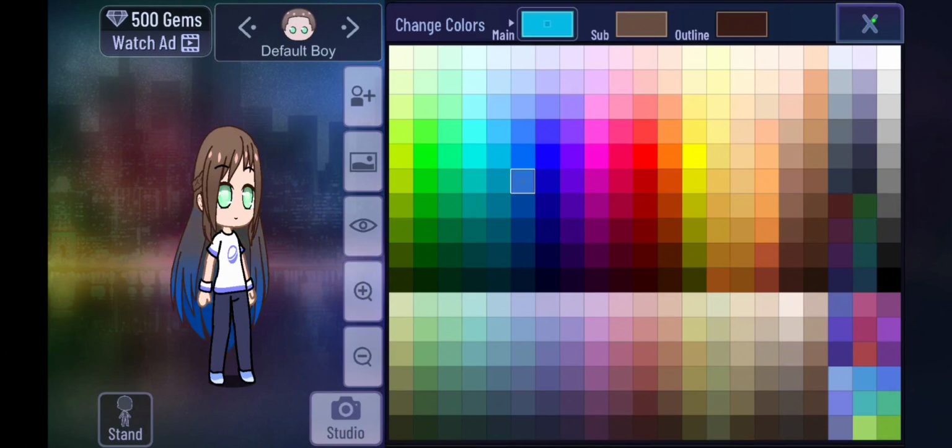Anyway, so for the hair color, just like the eye color, do not make it too bright, because it will just seem really weird and it will probably hurt the viewer's eyes. But again, that's just my opinion. And also,